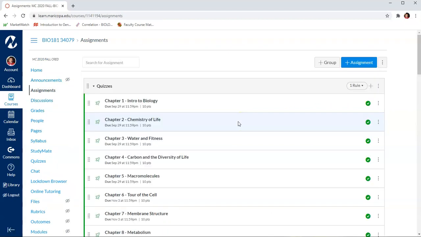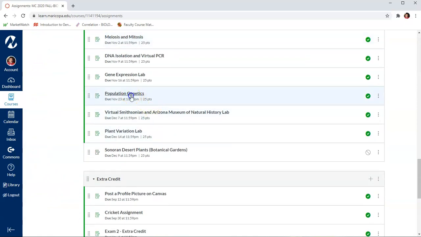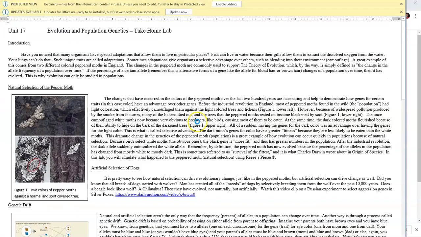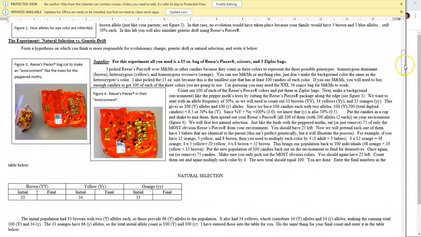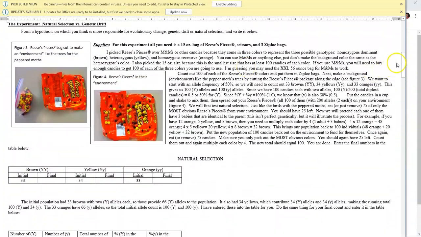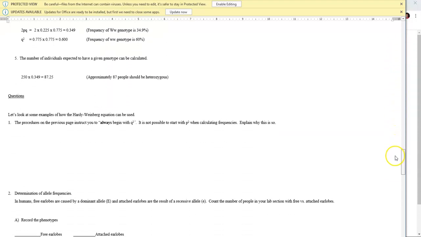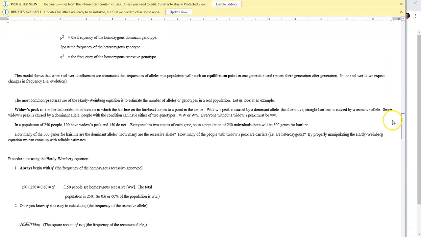We go back to assignments, and then we go to the population genetics lab. Download that. This is the background on it. Though some of the labs require you to go to the store and buy some stuff like Reese's Pieces and things like that. So here it's asking you